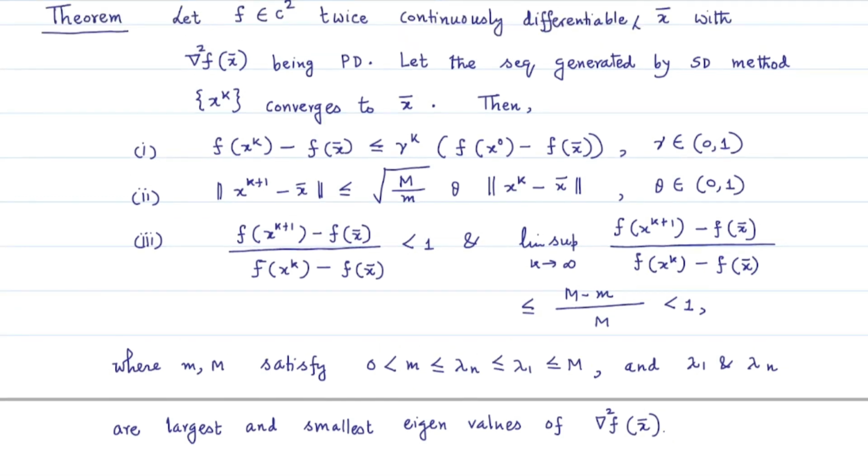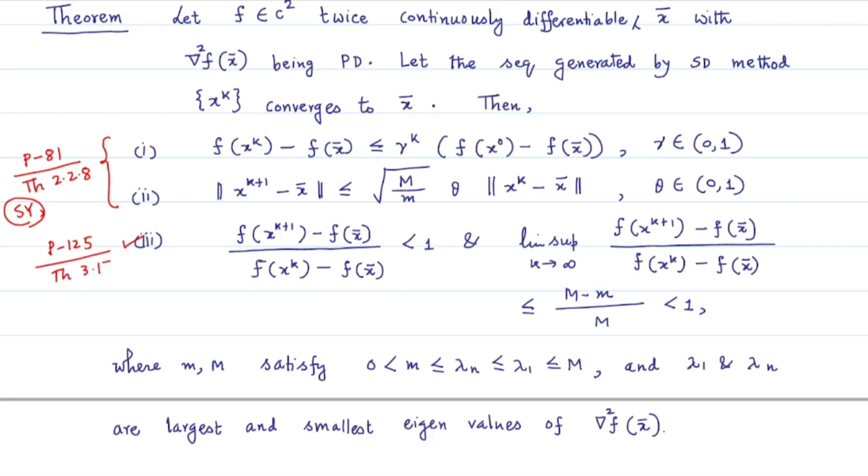Now this result is a bit tedious to prove. I will rather give a reference for the proof of these three results. For the first and second part of this result, you please visit page number 81, where you will find theorem 2.2.8 of Sun and Yuan's book that I have referred to quite a few times in the previous lectures. For the third part of this result, you please look at the same book by Sun and Yuan at page number 125,